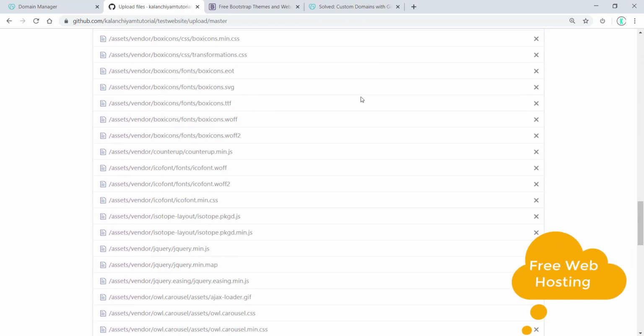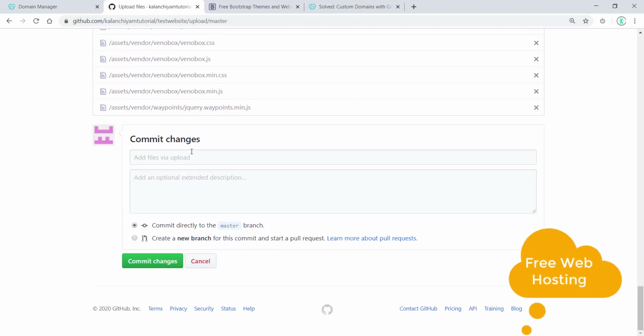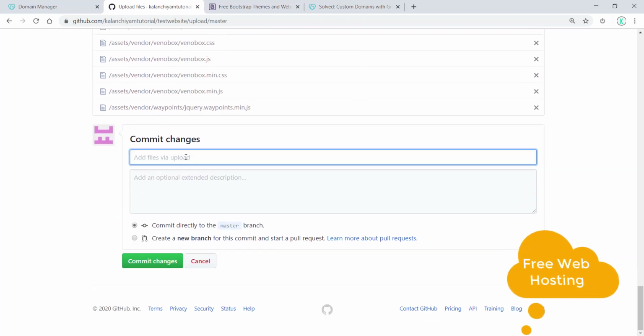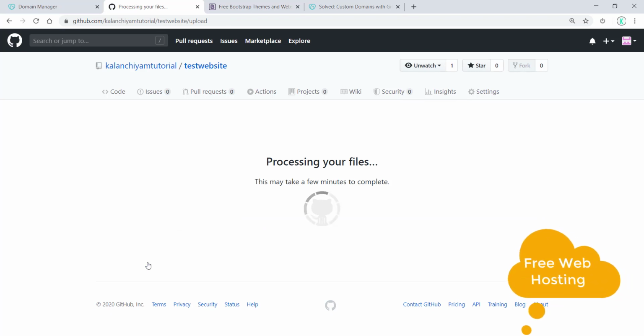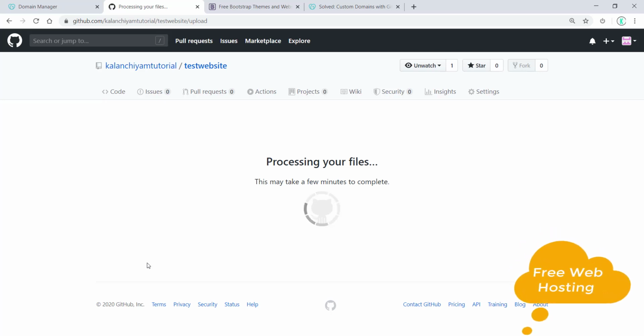Now you go and commit the files by giving a comment, a test commit, and commit changes. It is processing my files. Let's wait for a few minutes.